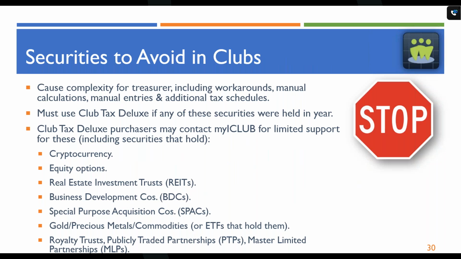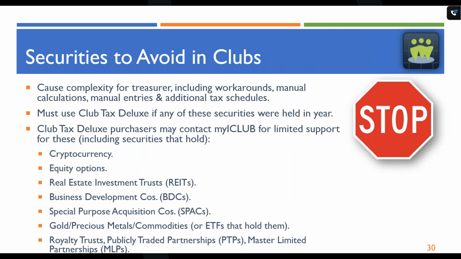And there are some securities that give problems for clubs. They may not be problems for individual accounts, but they make extra work and can delay filing the club's tax returns. So if you have some of these, you may have to be using the Club Tax Deluxe. And here are the ones that can cause problems. Trading in cryptocurrencies, equity options, real estate investment trusts. We'll get to those, but you have to edit some transactions to